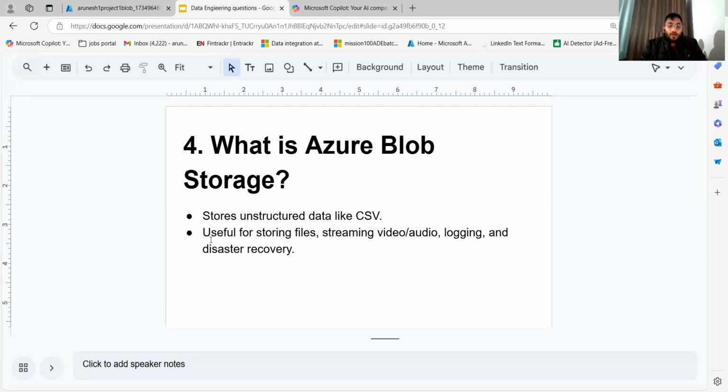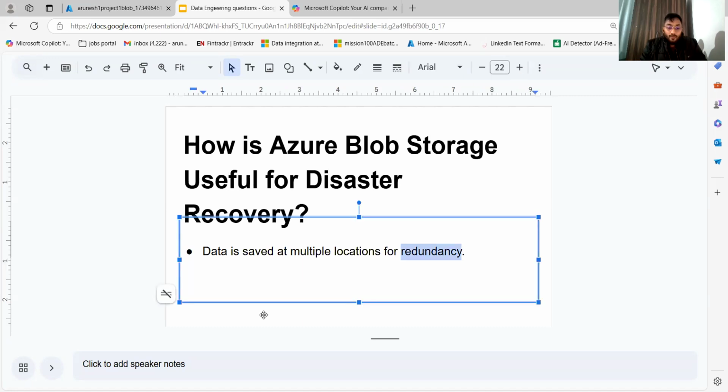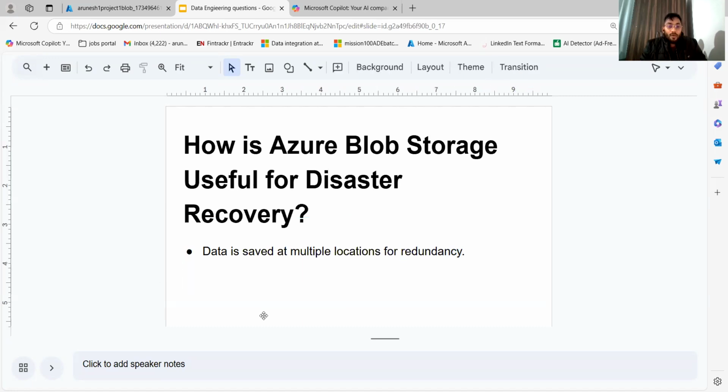Now, let's also understand what I mean by disaster recovery. Data is saved at multiple locations for redundancy. This is a primary feature when we use any kind of cloud. Now let's see